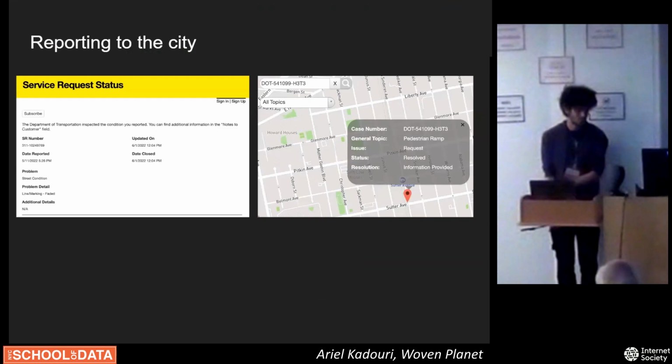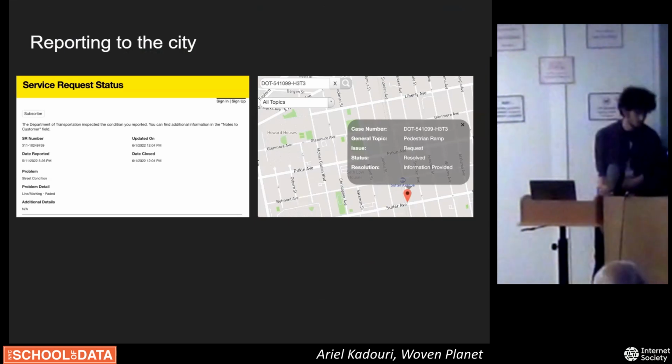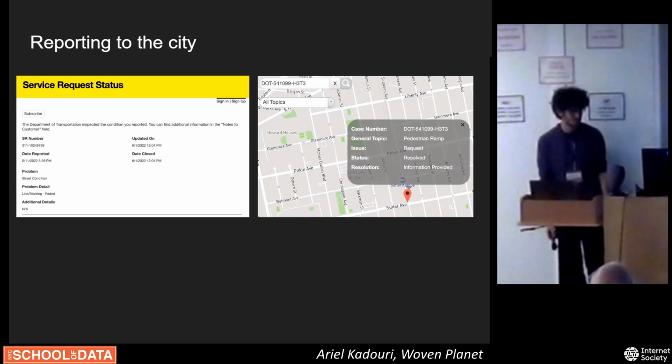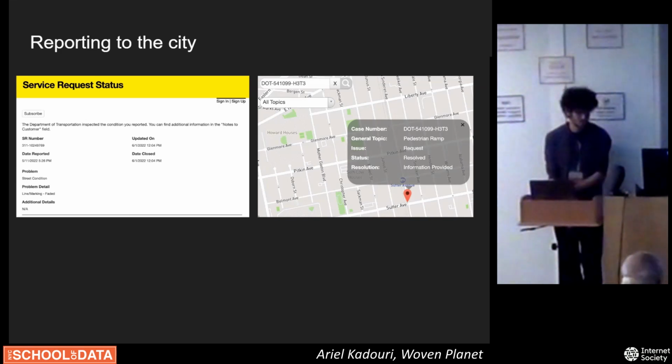I guess these slides got out of order, but this was that pedestrian ramp that I complained about, and it gets closed like the same time you submit it. So, but this was a faded line. They only paint lines in the summer because the paint has to be hot enough for the thermoplastic paint to stick to the road. Sometimes they just close those requests when it's out of season. I'm not 100% sure on the DOT process, but